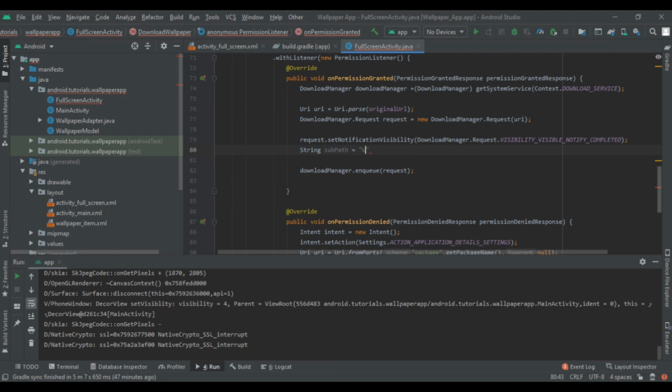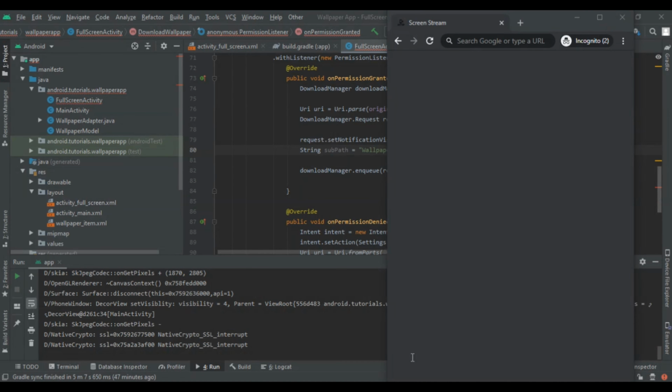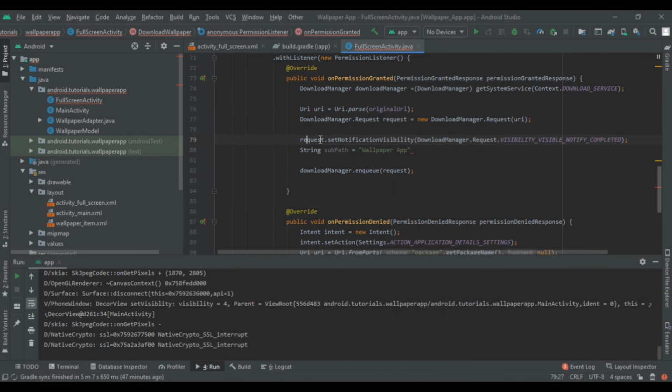So here I am creating wallpaper app. So you can see that we have created that folder in our photos.